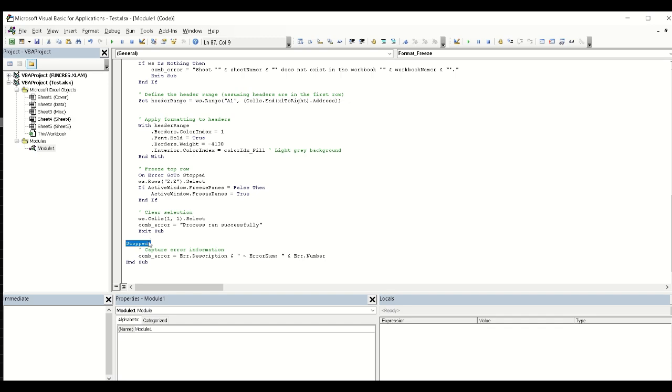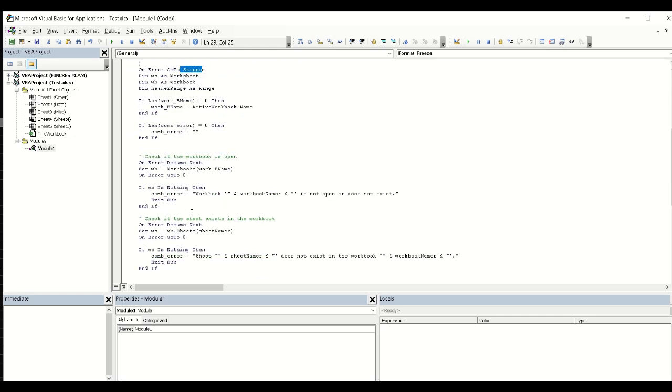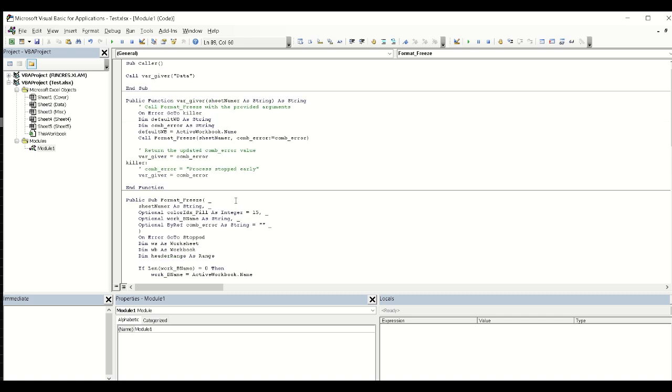Okay, here we are down on the bottom. This is my catch for called stopped, right? You saw it at the very beginning. Here's stopped right there, and then here it is down here. That's where everything jumps to. So what this does is anytime there's an error, we're going to get the error description, concatenate it with the error number, and then populate the variable com error, and it's going to jump back out